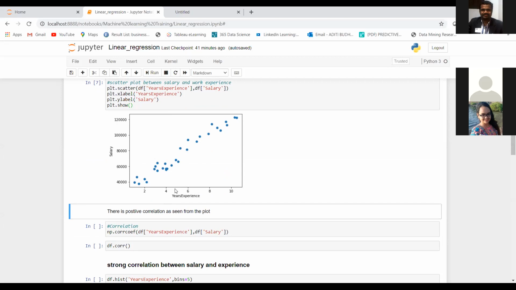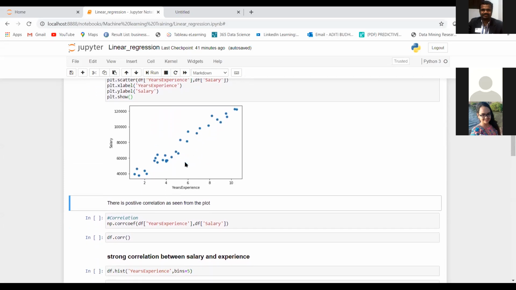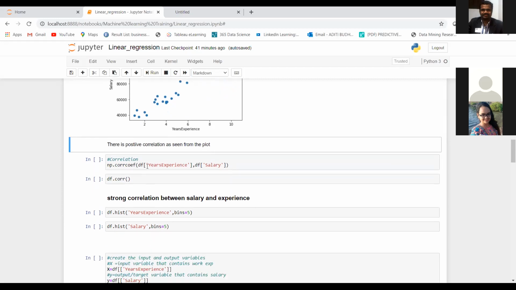We also discussed in the last class that correlation can be checked in two ways: one by the graphical method, plotting the scatter plot, and second by getting the correlation coefficient, which tells us how strong or weak the relationship between two variables is.